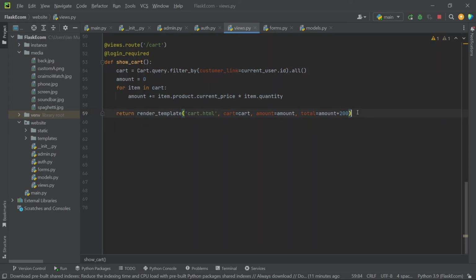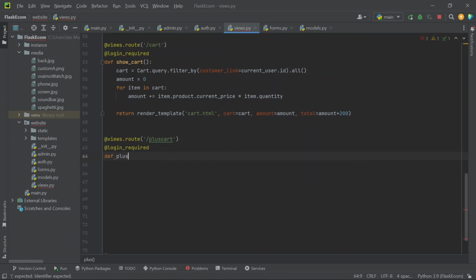So in views.py, I'm going to create another route called plus cat. So at views.route, then plus cat, and then to increase the quantity of a product in your cart, you have to be logged in. So at login required, and then the function is plus_cat, and then if request.method is equal to get,